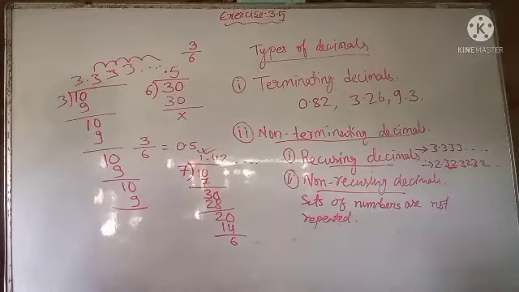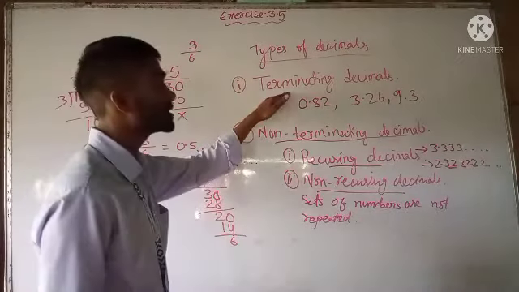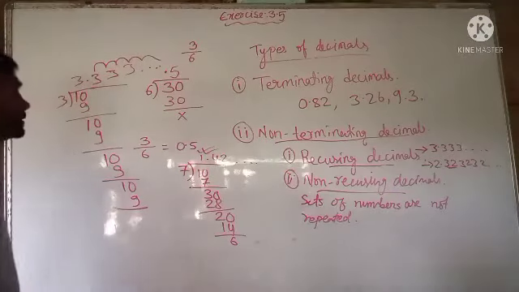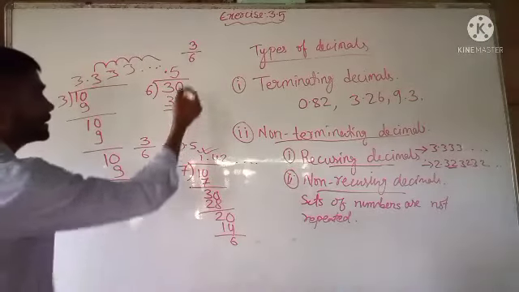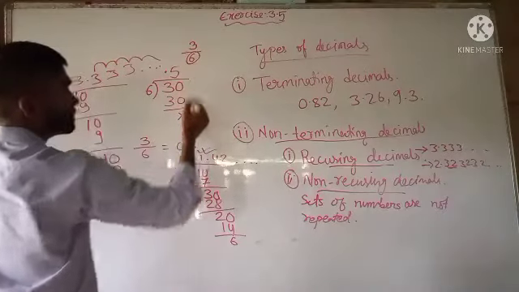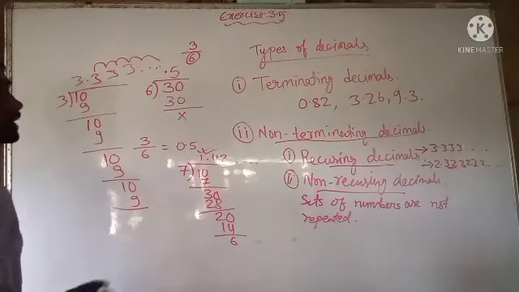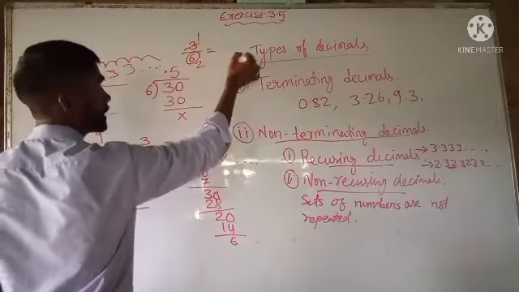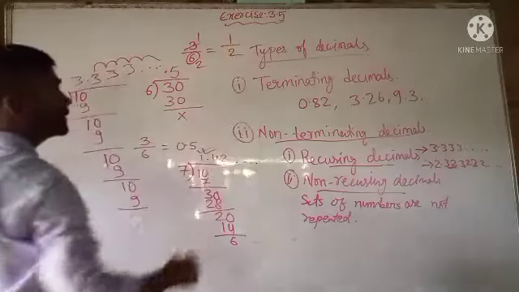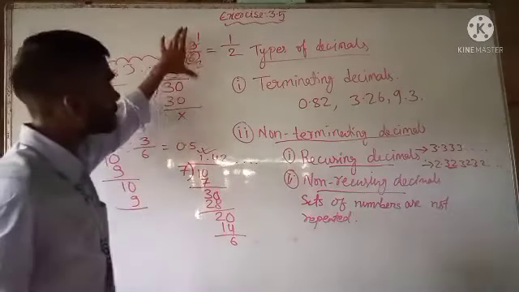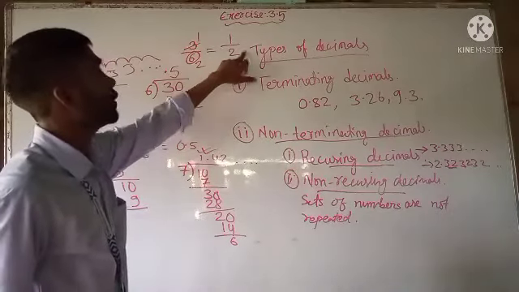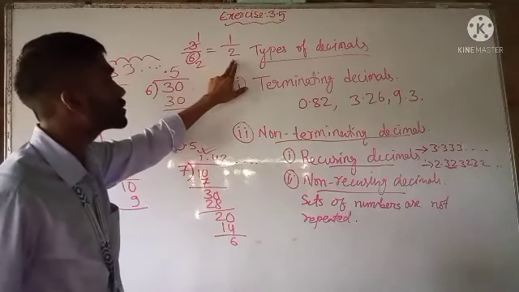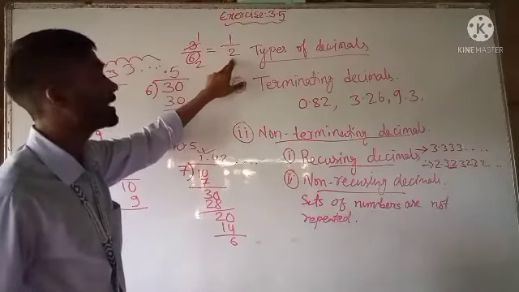Now we'll come across one formula where we can identify terminating decimals and non-terminating decimals by looking at the denominator. Now if I say the denominator is 6, and we simplify it to the simplest form, we get 3 1s are 3, 2 3s are 6, so we get 1 by 2. After converting it to the simplest form, whatever the denominator is, we find the factors of the denominator,